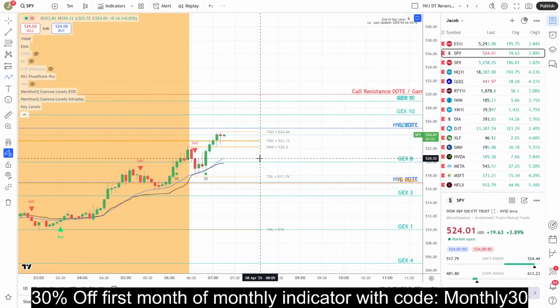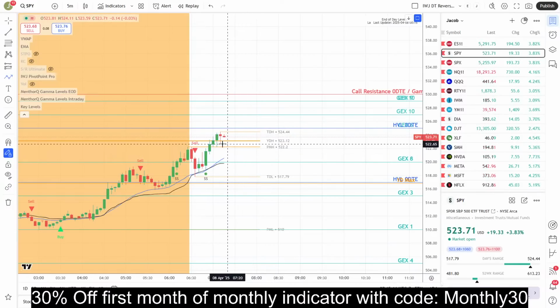That could be a semi-topping candle, but I don't think so. We'll see. If they can push down here and break down below its low, we've got a little hanging man up there, but